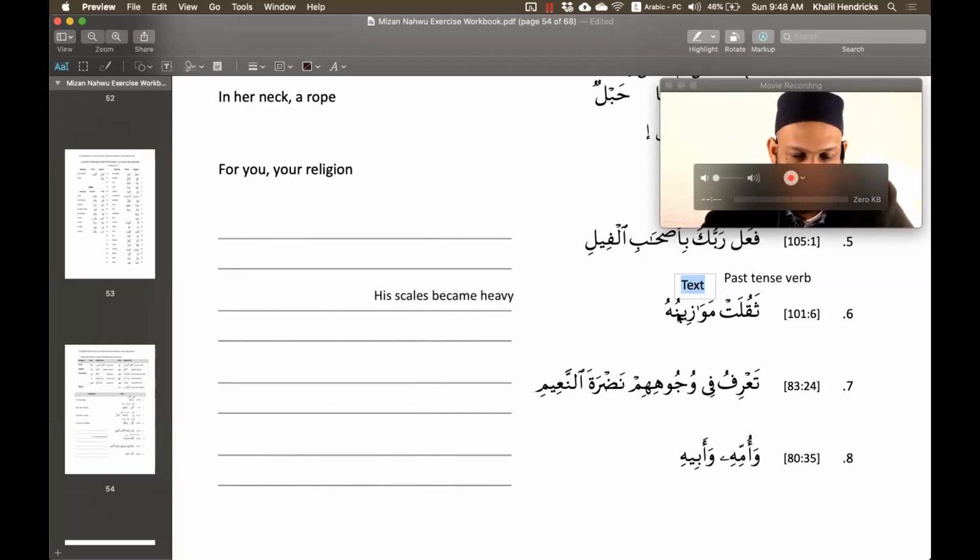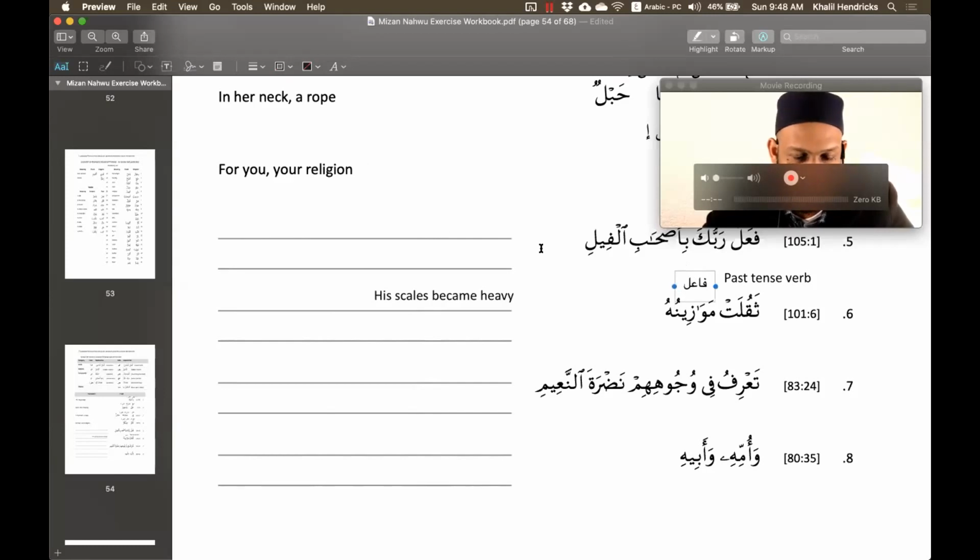So remember, we look at the end, we don't see the doer there. We look to the left, we see mawazinuhu, which is actually two words. Mawazin means scales and hu means him, scales of him. Which of those two is actually becoming heavy? The scales. So the fa'il here will be the mawazinu part. Why? Because it's in raf', you can see the nu. Yes, so that is going to be the fa'il.